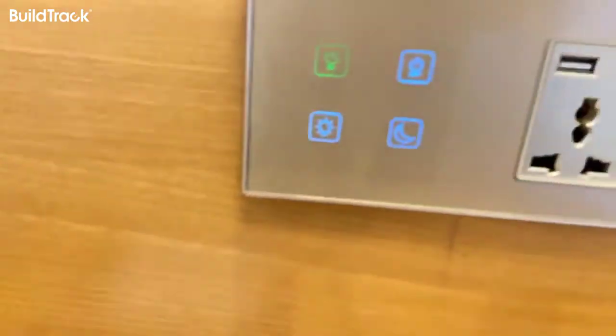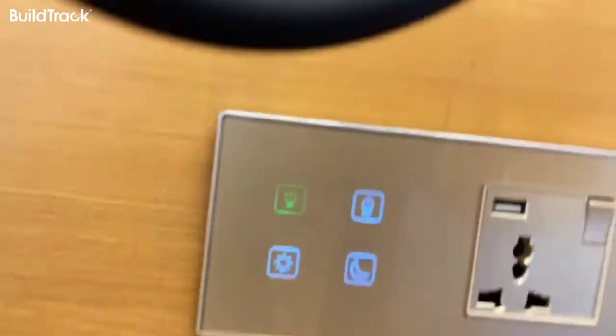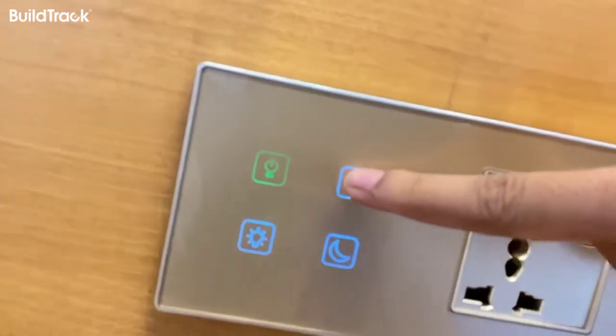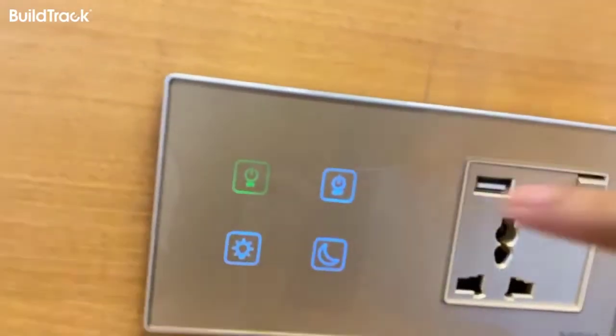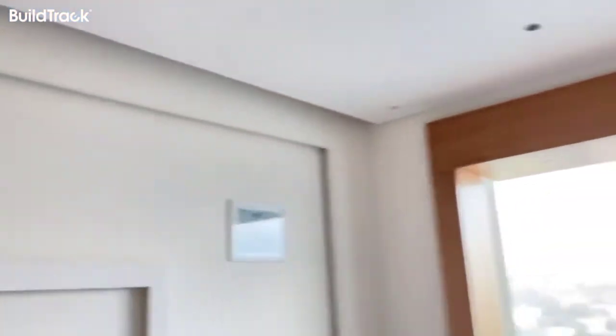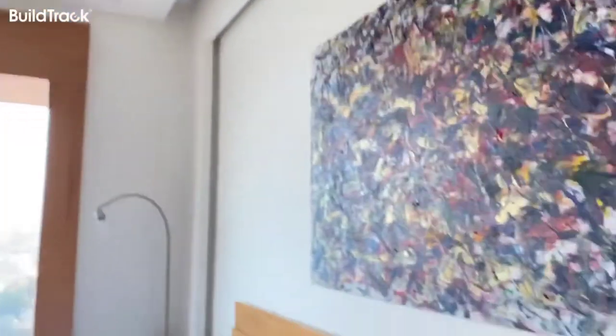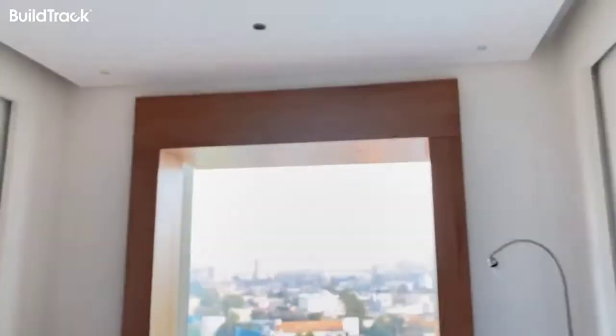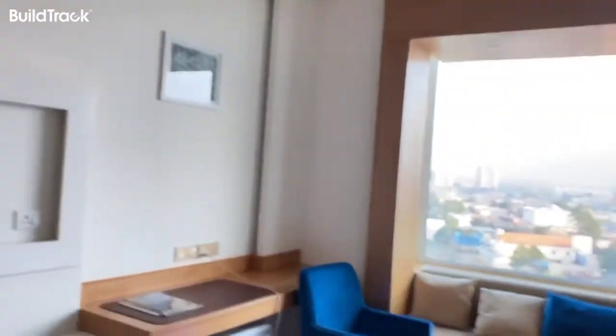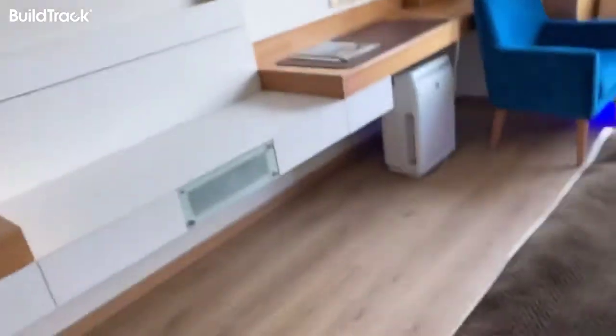Once I click on this master off icon, all the lighting now went off. This is a scene icon, where your whole room will get customized, so you don't have to switch on or off multiple switches.